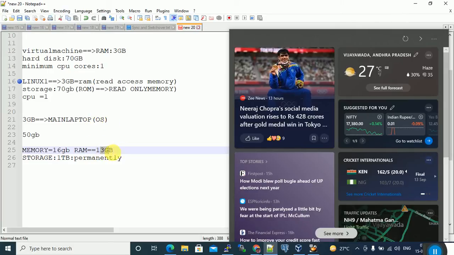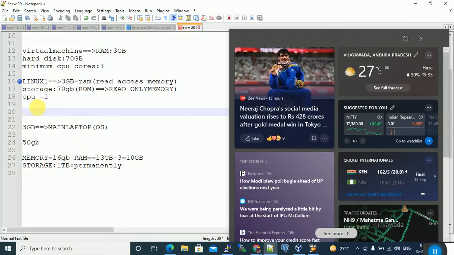Out of 13 GB, 3 GB is needed for our main laptop physical server. So minus 3 equals 10 GB. Out of 10 GB, 3 more virtual machines I can create. Like this, if you have RAM, you can create 4 virtual machines at a time. 4 VMs means virtual machines.